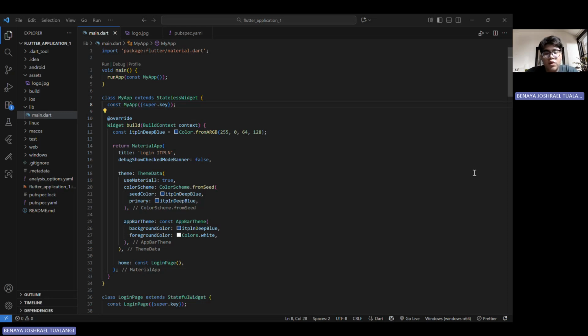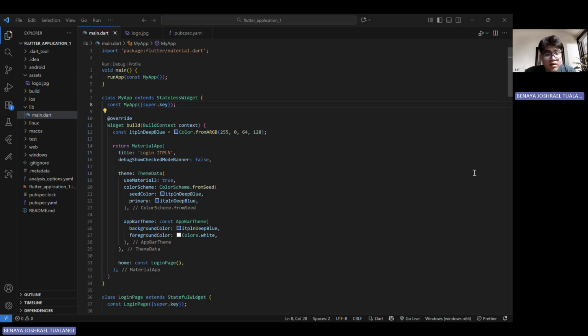So the purpose is for interactive components such as login form, counters, checkbox, or anything that changes appearance based on user action.